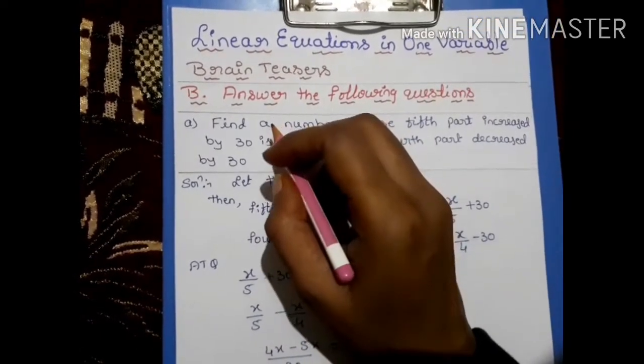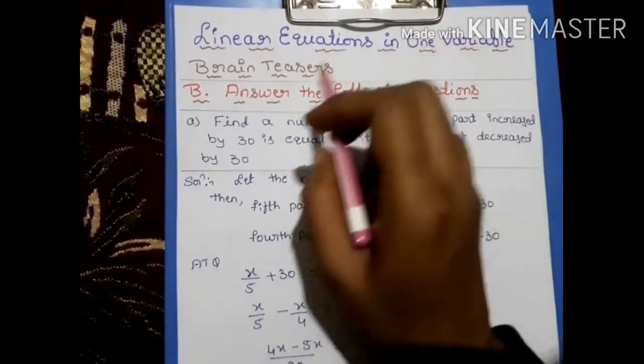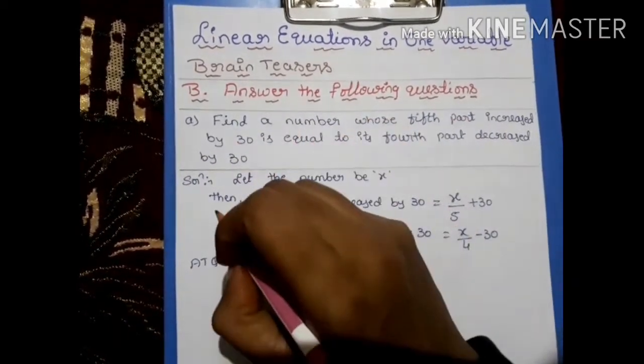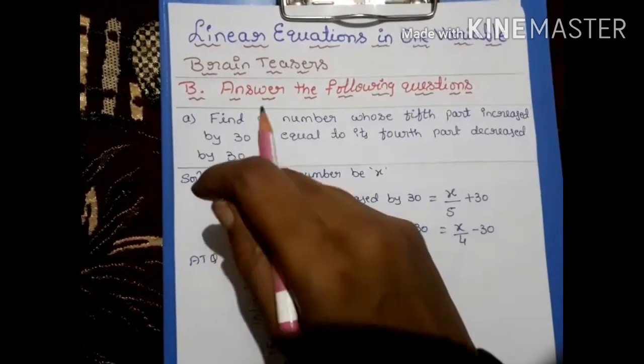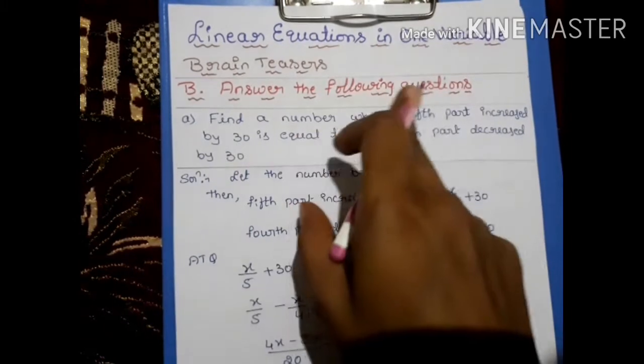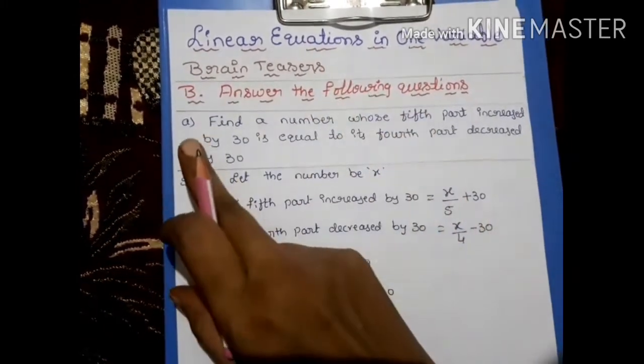In the previous video, we discussed linear equations in one variable, Brain Teaser, first main, A main. All 5 questions we solved. Now let us solve B main, Brain Teaser, B main questions. Answer the following questions. Under that, A1 question,